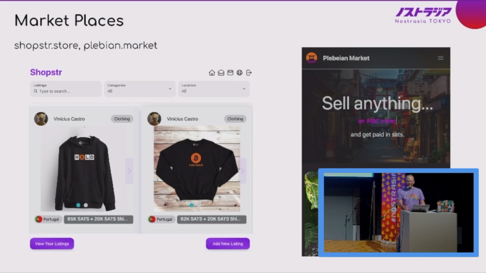Again, you don't buy in dollars, you don't buy in Dogecoin, you don't buy in anything else, you buy in Bitcoin. You buy in sats and Lightning, right? It's all Bitcoin. You can see there at the bottom left, 85,000 sats for the sweater, right? So again, that's a way you can actually purchase stuff, and not just randomly off of a Twitter clone, but a dedicated marketplace. Remember, all of this is running on the Nostr protocol, right?